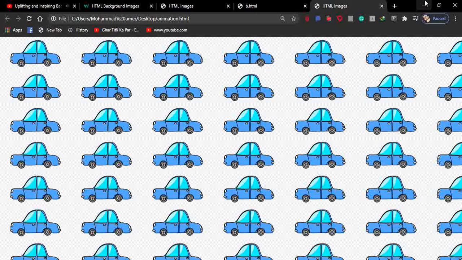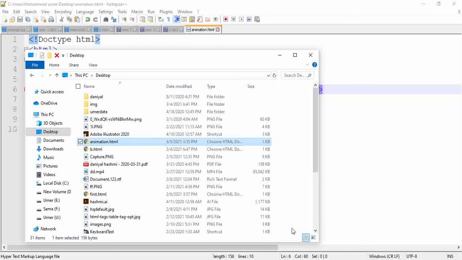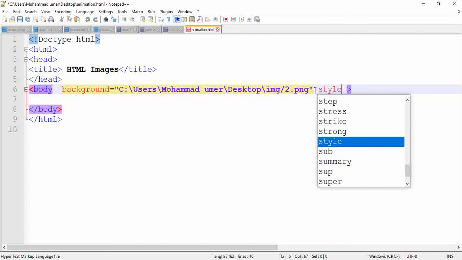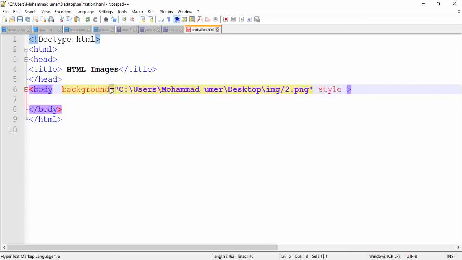There is a CSS property that we can use to overcome this issue. What is the property? We have to apply some styling to overcome this issue. For this we have to use the style attribute here.